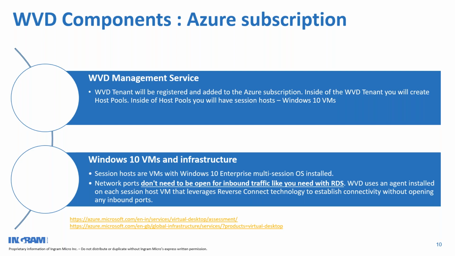Windows Virtual Desktop actually deploys an agent on each host pool and uses technology called reverse connect to establish connectivity without opening any inbound ports. And all this is done automatically. You don't need to configure these nitty-gritty details of ports and creating the reverse connection. It is all done by default by Azure